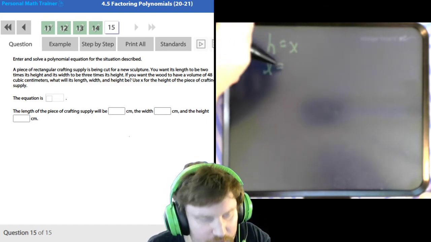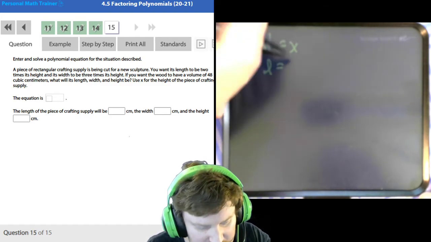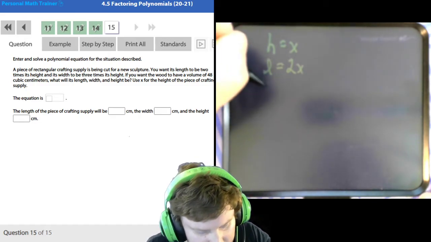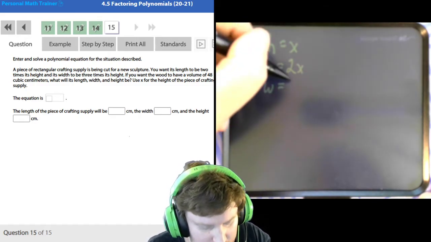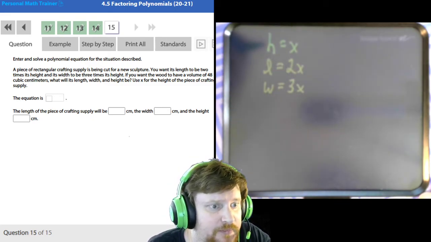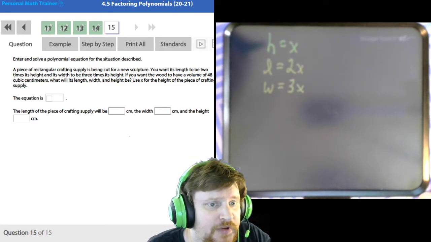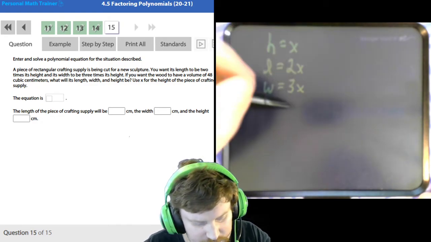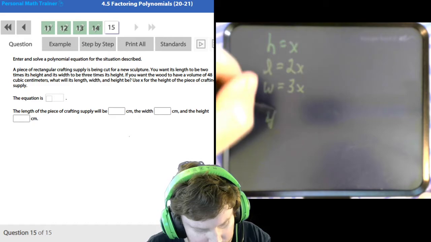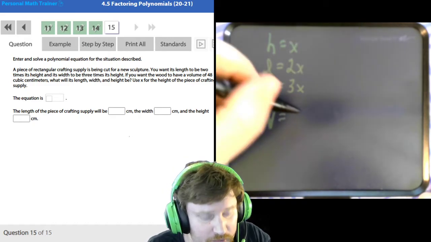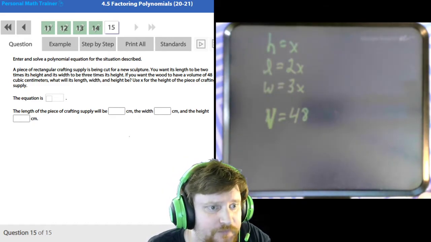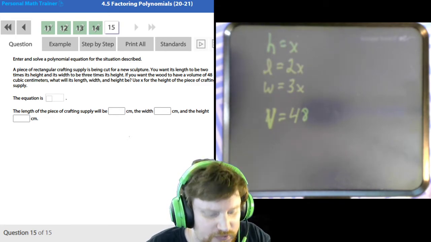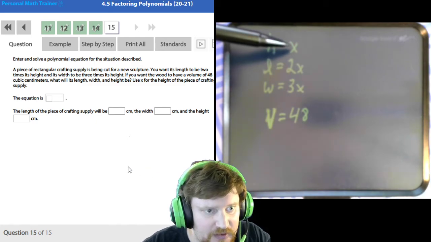Length equals 2 times its height, and its width to be 3 times its height. If you want the wood to have a volume of 48 cubic centimeters, volume equals 48, what will its length, width, and height be? Use x for the height. So the equation then is